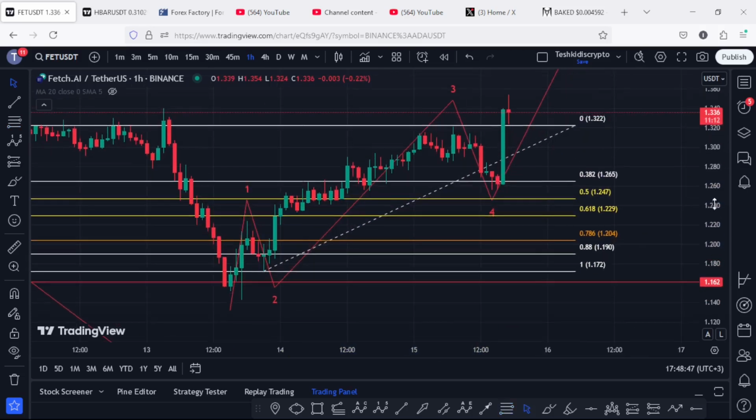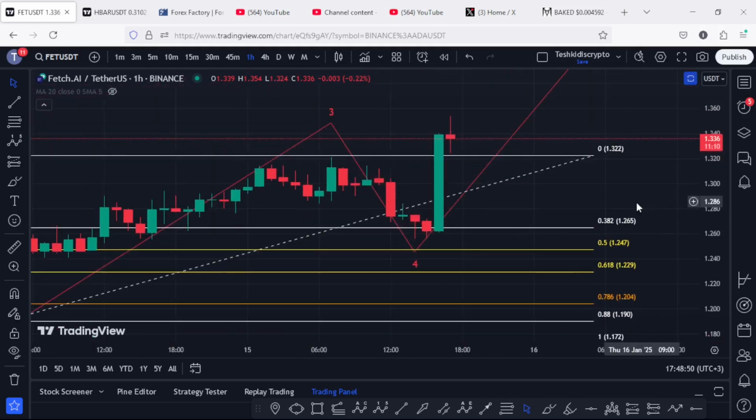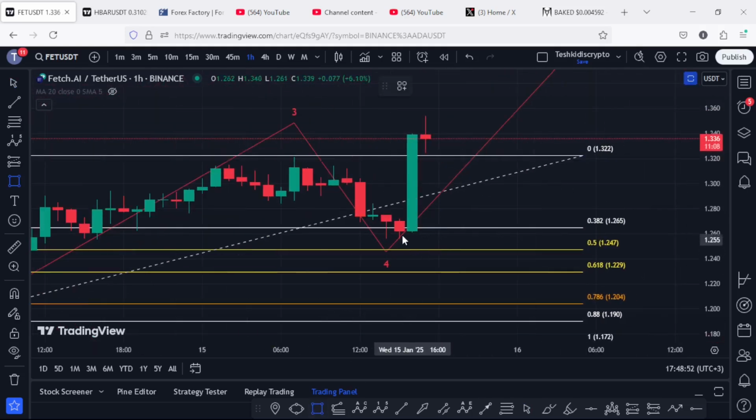And you can see that we have seen a pullback into the area between the fib level 0.5 and the fib level 0.382 that lies between the 1.265 and the 1.247,